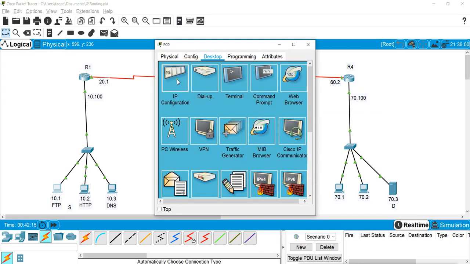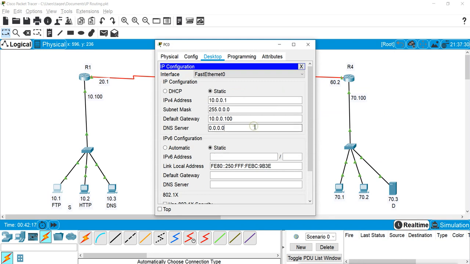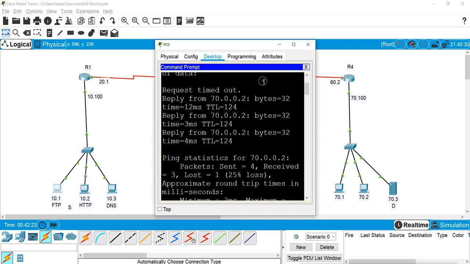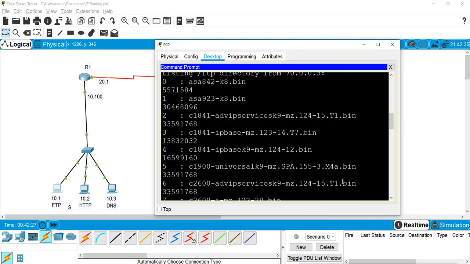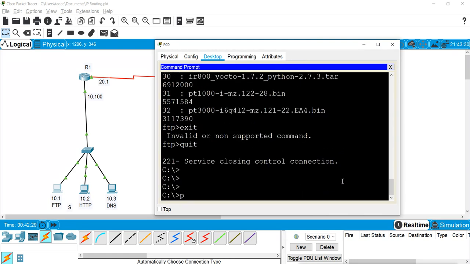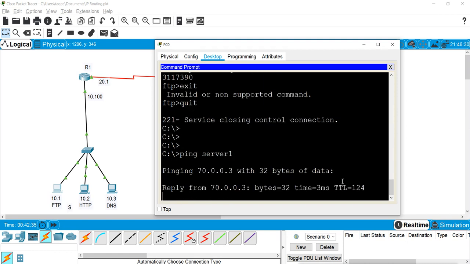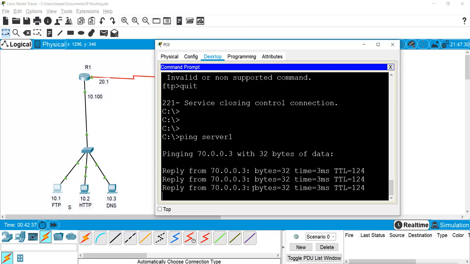First I will assign the IP for the DNS server, 70.0.0.3, and then I will try to resolve the name. So ping server 1, and again it is resolved, and we are getting the reply.